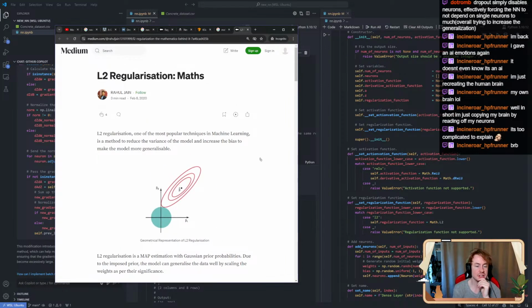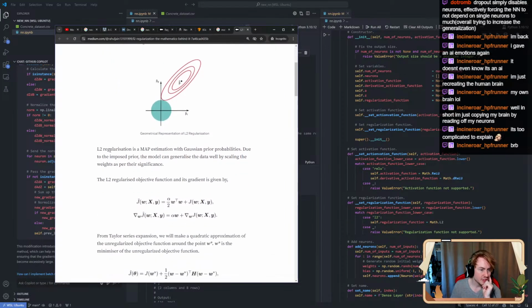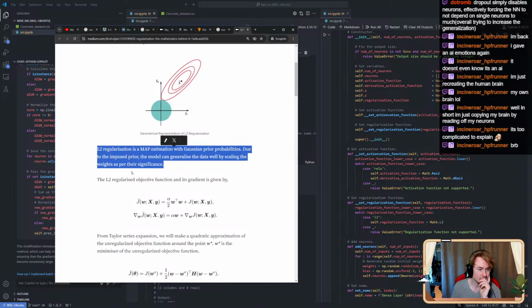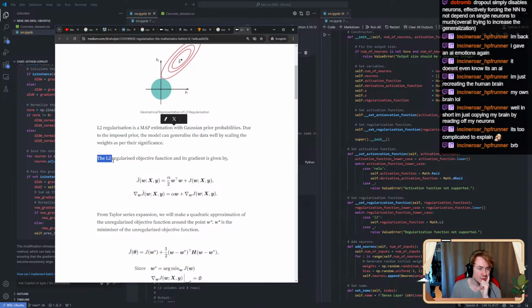Regularization, one of the most popular techniques in machine learning, is a method to reduce the variance of the model and increase bias to make it more generalizable. Okay, L2 regularization is a MAP estimation with Gaussian prior probabilities. Due to the imposed prior, the model can generalize data well by scaling the weights as per their significance. The L2 regularizer objective function and its gradient is given by